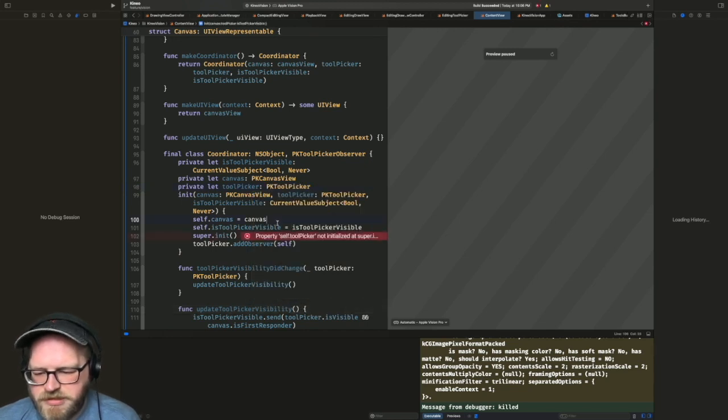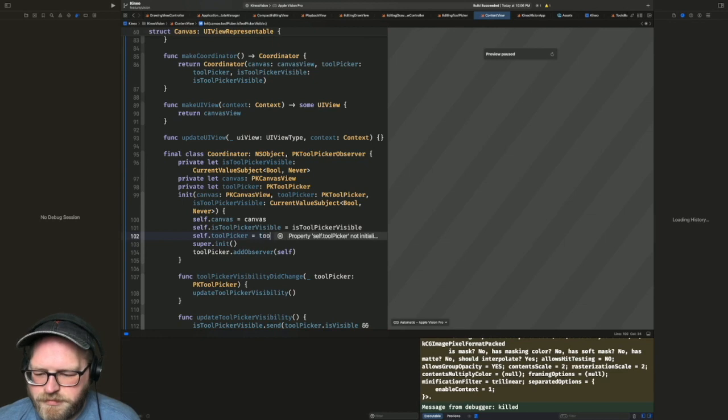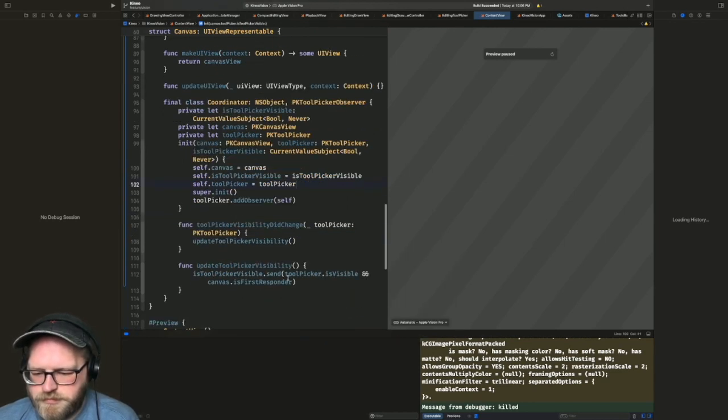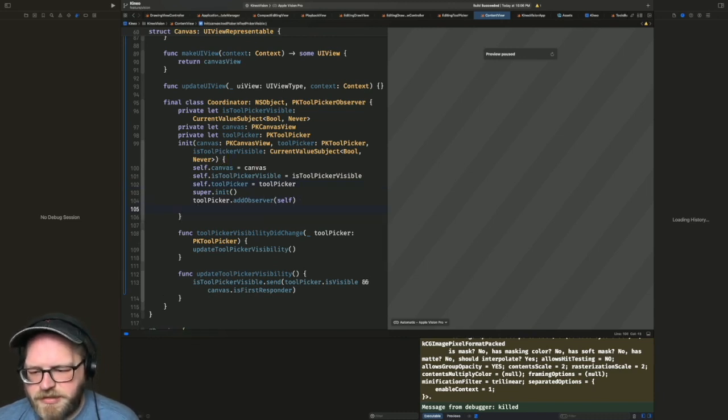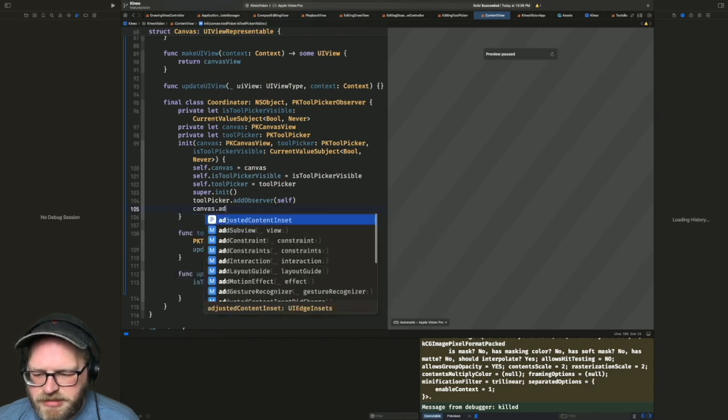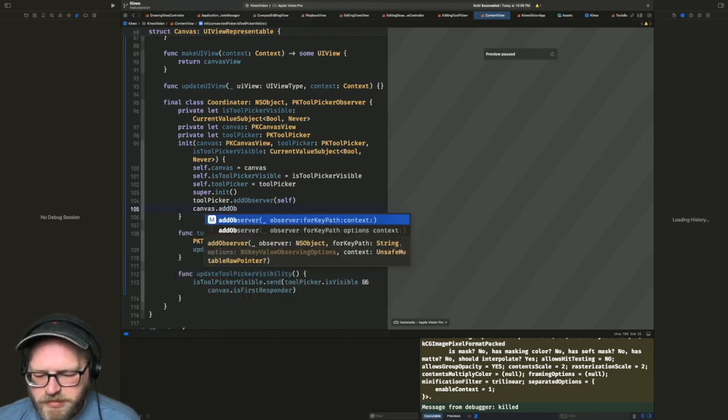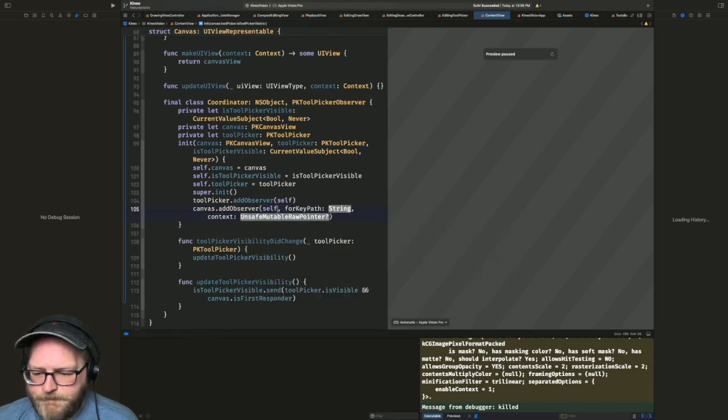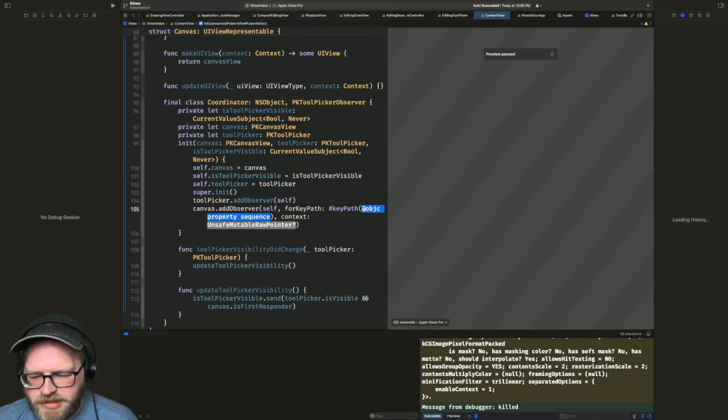This is what I get for trying to be clever. Okay, so now we have that. And then what I also want to do is say canvas.addObserver(self, forKeyPath:... Oh, why can't I use an actual key path? I can do that at least. Object property sequence. It's still not exactly what I want, but